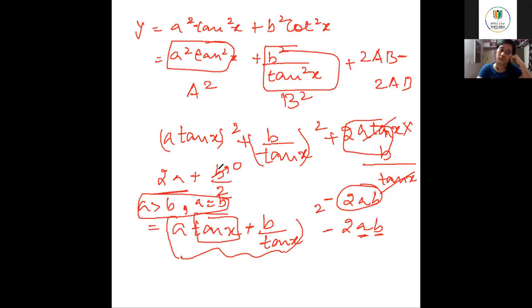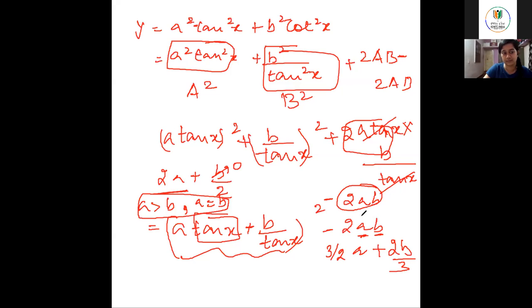Now here also it's very comparative. I am given the relationship of a and b, and I'm given the value of tan x, or I'm given the range of tan x. The next thing I can take is if tan x is a ratio. For example, if tan x is 3 by 2, then I have 3 by 2 a plus 2b by 3. Now what will be beneficial for me? To take b as 0. b is 0, correct?